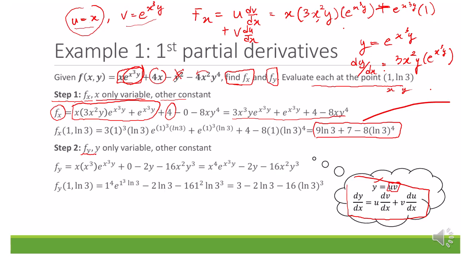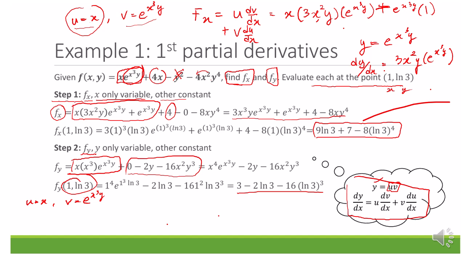Okay, so let u be x and v be the e to the x power 3 4. Okay, again you need to differentiate this. Okay, differentiate this so it will become this value. Okay, and the rest will be differentiate in terms of y. Okay, and substitute the values and you get an answer like this. Alright,